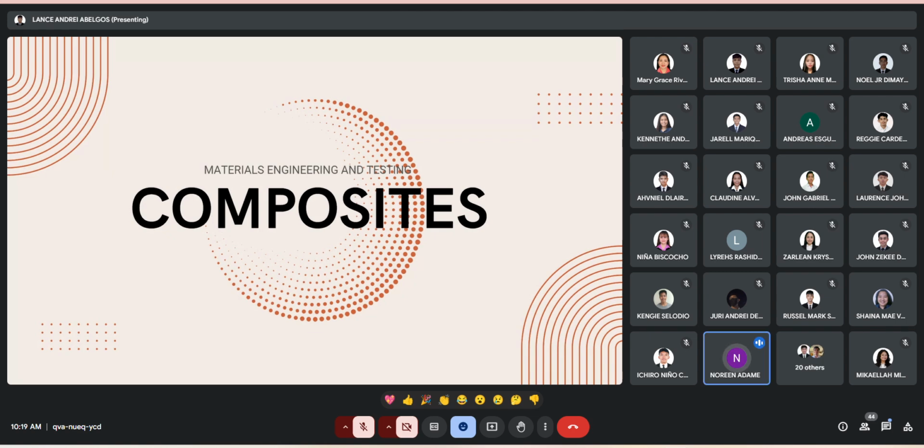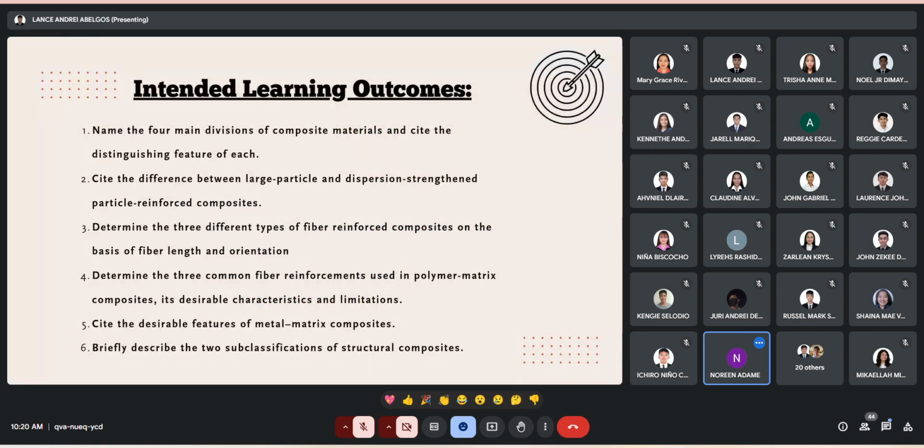Hello po, good morning everyone. Today po, we are going to discuss composite materials. But before we delve into the details, let's start our discussion with an overview of composite materials. Next slide po. In this presentation, we will be focusing on the four main divisions of composite materials and the